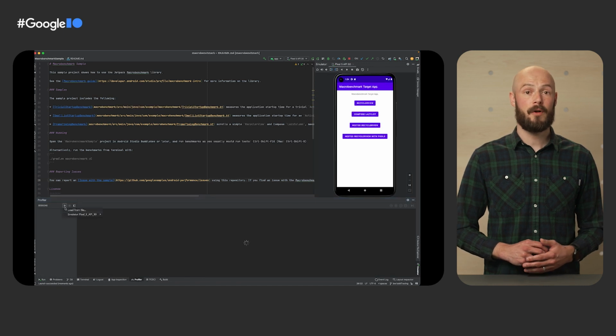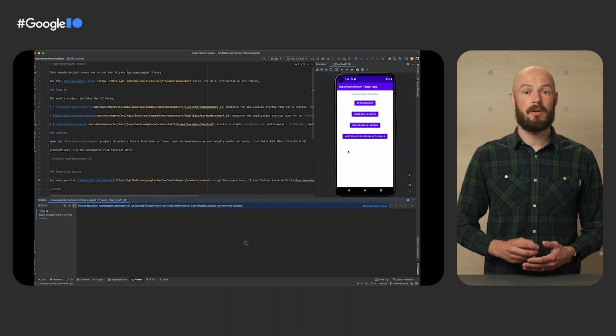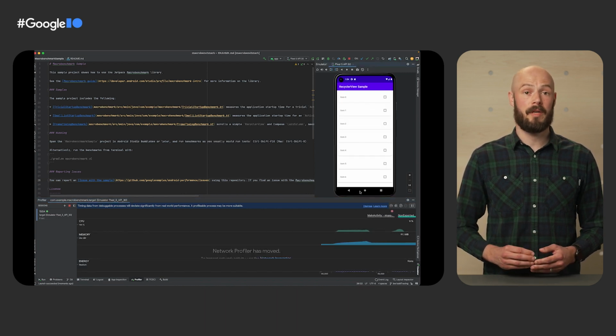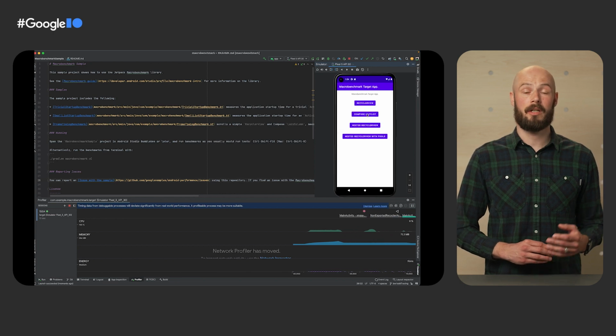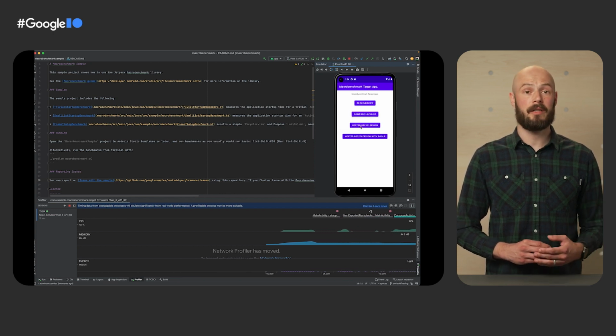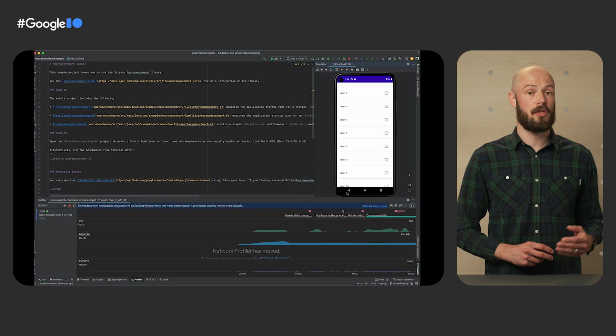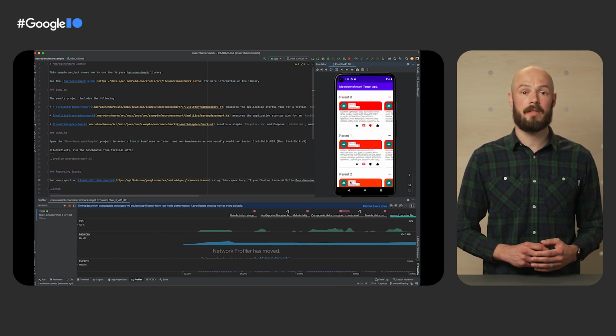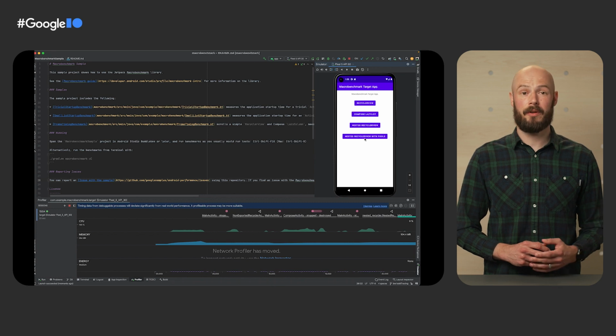Let's take a quick look at the available tools that will help you when dealing with performance issues within your apps. Firstly, you can investigate directly from the comfort of your IDE. Android Studio offers a variety of profilers that help you better understand how your app is doing. Open the Profiler tab during a debugging session and load a trace file to get detailed insights into your app's CPU, memory, network, and energy usage. You can export results of your profiling session and share it with your team.